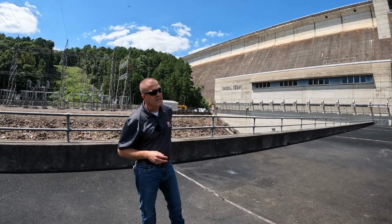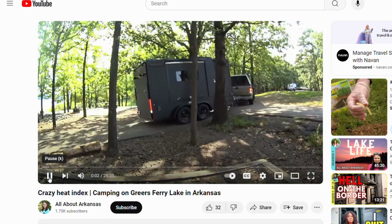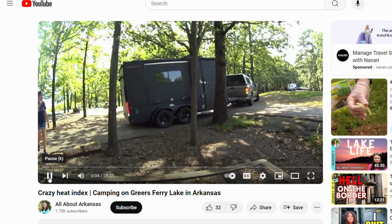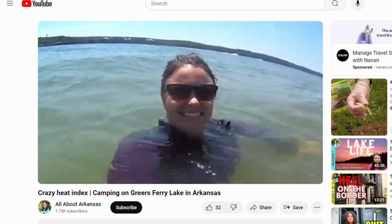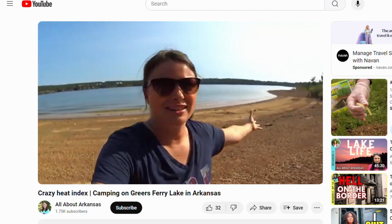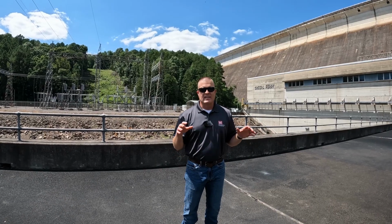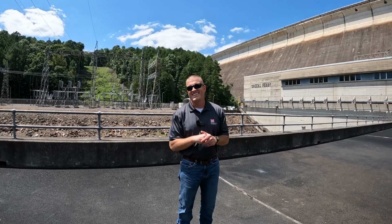And then behind that, we've got over 1,000 campsites and recreation areas for American people to go to. And some people are like, why is that so important to the Army Corps of Engineers? Well, a healthy America is better than an unhealthy America. We need Americans outside, trout fishing, camping, getting away from...